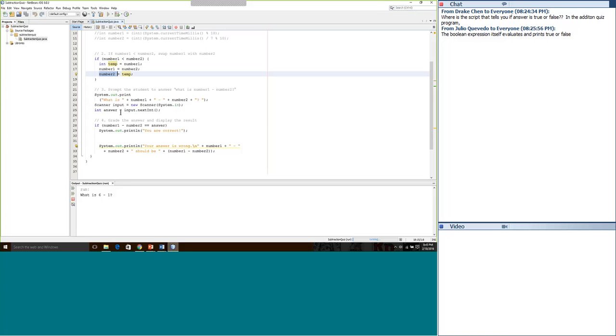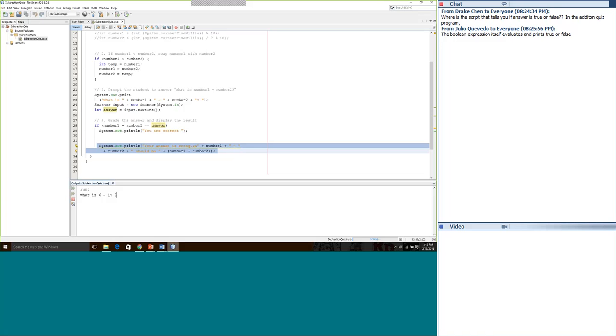And now we get the answer from the first grader using the nextInt method from the Scanner class. And we're going to go ahead and assign that into the variable called answer. And now we're going to use that technique that we just went over and say, if this expression right here, number 1 minus number 2, that's 6 minus 1, is equivalent to the answer that we got from the first grader, well, then we're going to say you are correct. If not, then we're going to say you are wrong and give them the correct answer. This is one statement, so we don't need curly braces.